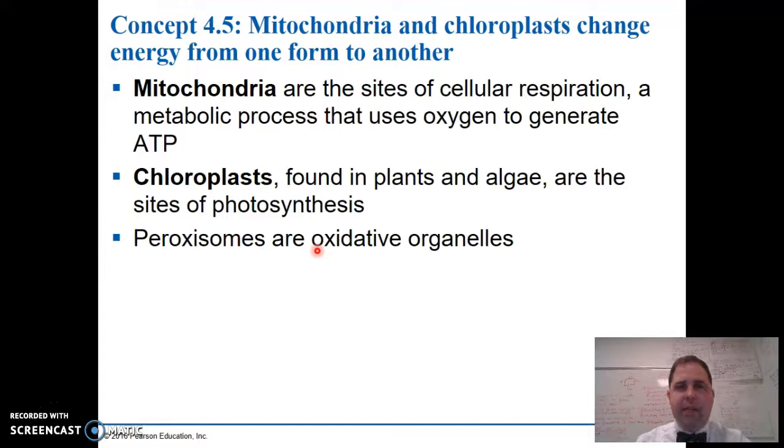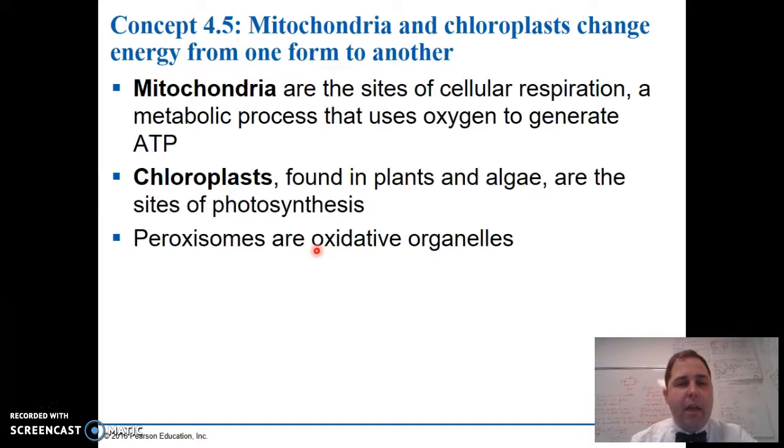All right, so next set of organelles we want to talk about are the mitochondria and the chloroplasts. And again, the mitochondria and the chloroplasts are going to be covered in much more depth later in the year, but for now I want you to know that these are places where we change energy from one form to another. So mitochondria do cellular respiration. That's the thing that animal cells and plant cells do to use oxygen to generate ATP. So you break down sugar using oxygen and you create ATP, which is a simple form of energy the cell